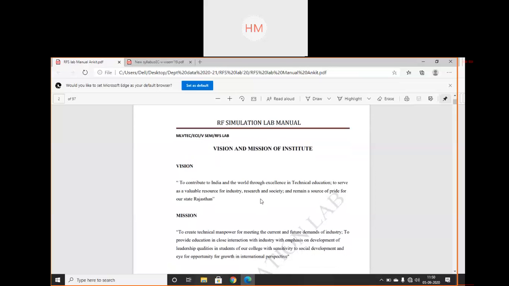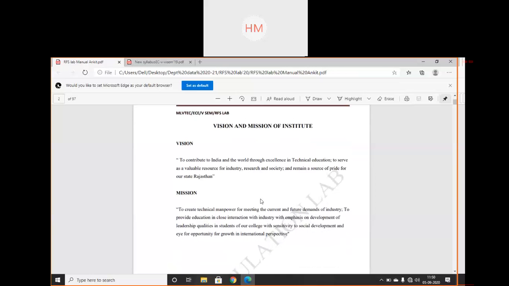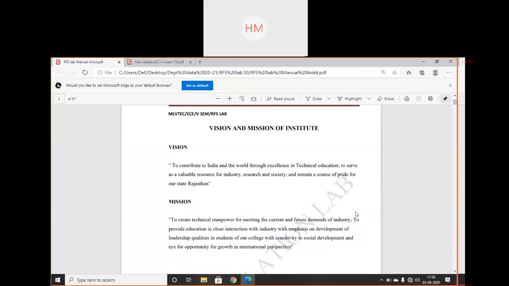So we'll start with the RF simulation lab manual, the mission and vision of the institute: to contribute to India and the world through excellence in technical education, to serve as a valuable resource for industry, research, and society, and remain a source of pride for our state, Rajasthan. We represent Rajasthan as our institute comes under Rajasthan.